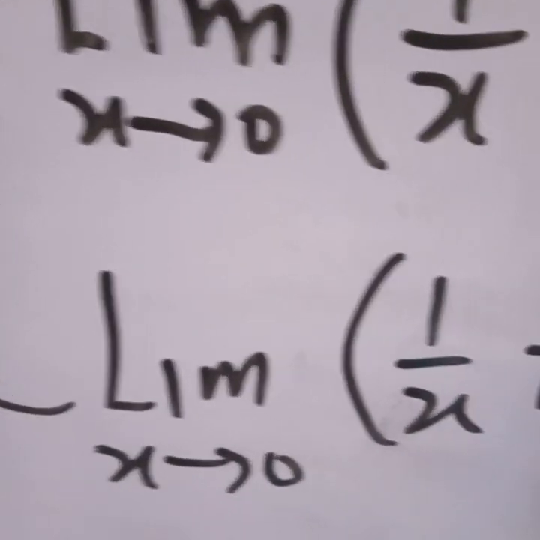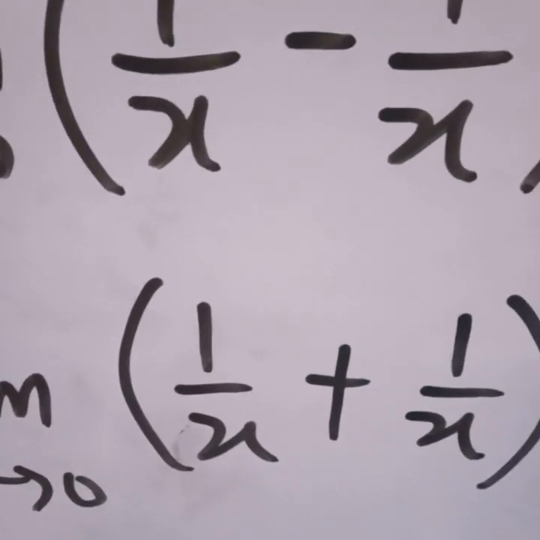So also for the second one, here we have the limit of 1 over x plus 1 over 2x. Again,